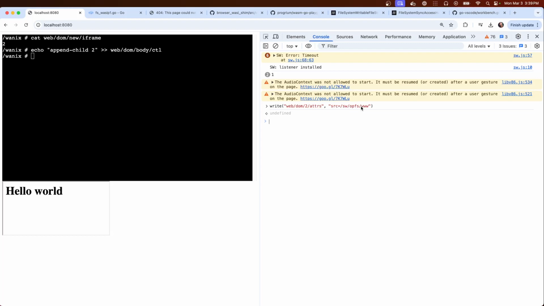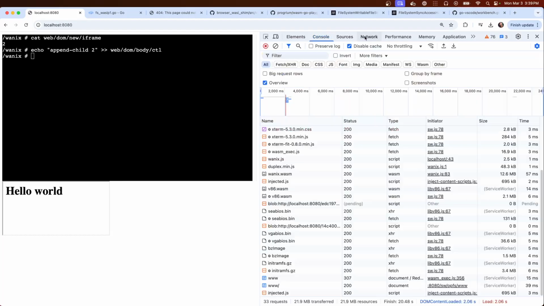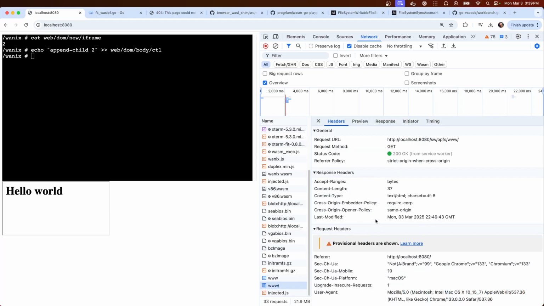Cool. It went to www, redirected to slash, and then slash serves in index. That's how web servers work. Okay, so now the service worker works like that.